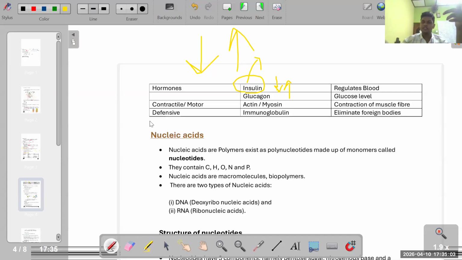If you see the tertiary structure, it has immunoglobulin, right? So immunoglobulin belongs to that part, and it has another function. It is involved in eliminating foreign bodies, right? And if you come to quaternary, collagen and hemoglobin. Collagen is involved in providing strength and support, right? Hemoglobin is involved in transportation of oxygen. So depending on the structure, their function differs. Is that clear?